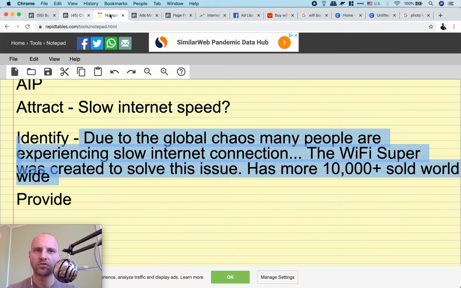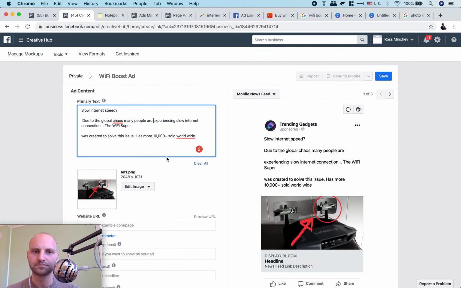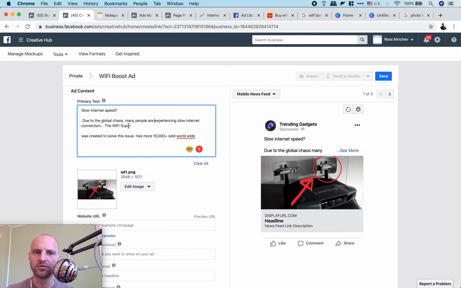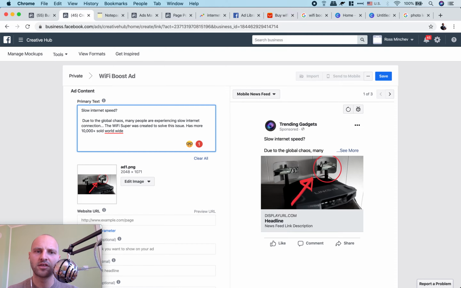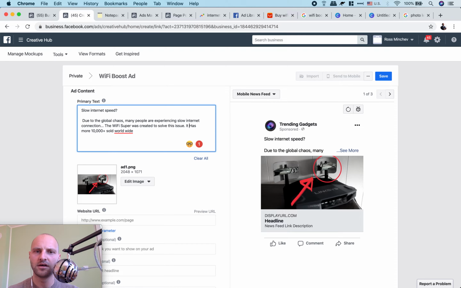So let's see. We have the attract, then now we're going to identify the problem. Okay, I misspelled chaos. Oh no, the comma. So due to the global chaos, many people are experiencing slow internet connection. The Wi-Fi Super Boost was created to solve this issue. It has more than, or I can talk about another benefit. The Wi-Fi Super Boost was created to solve this issue. It